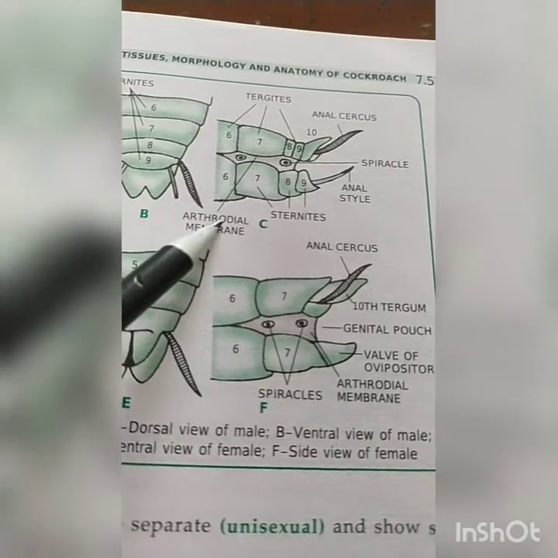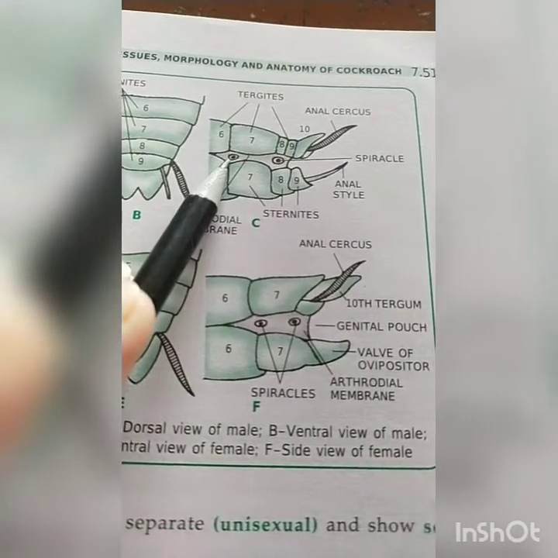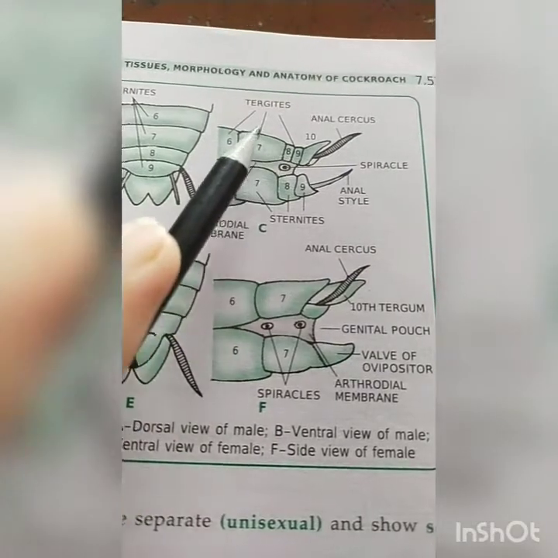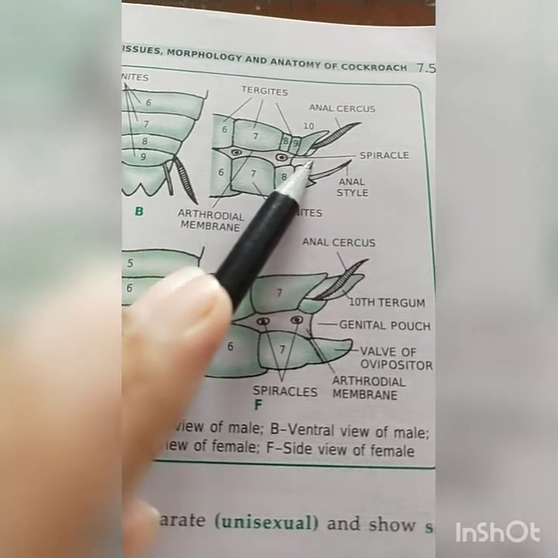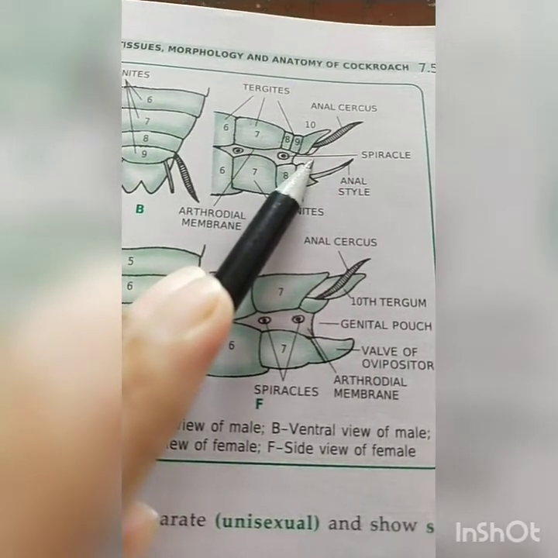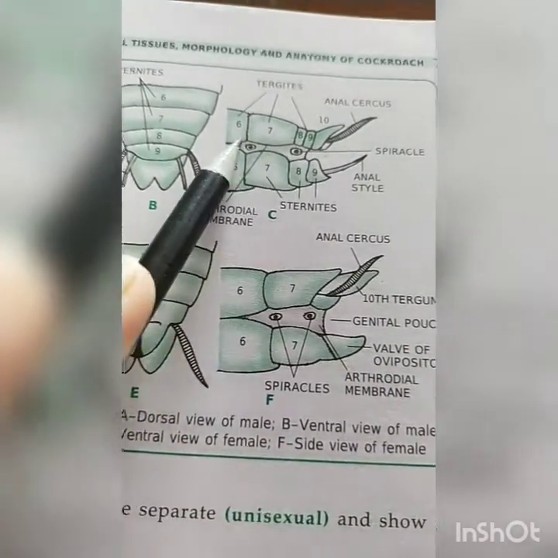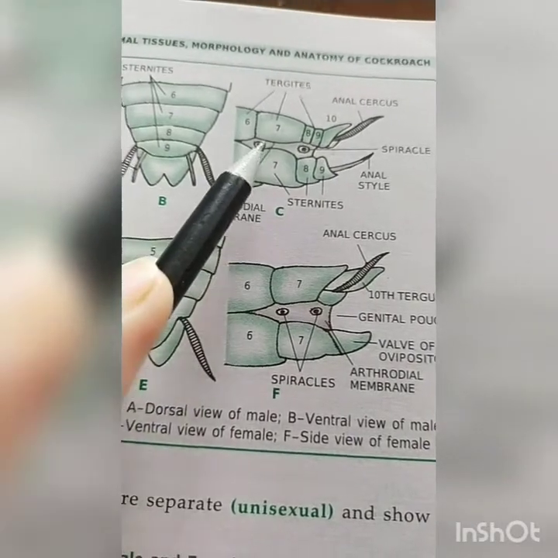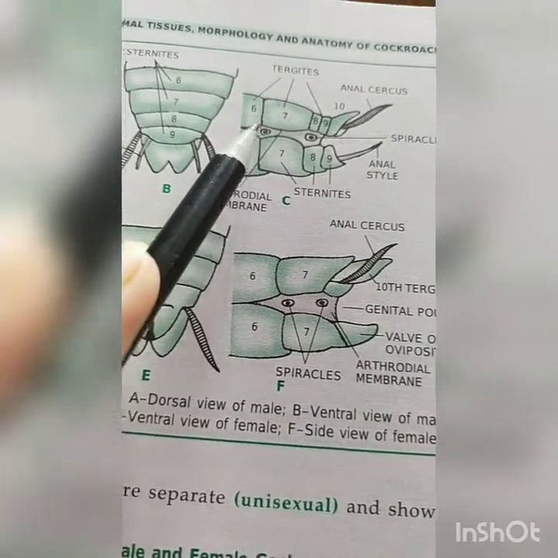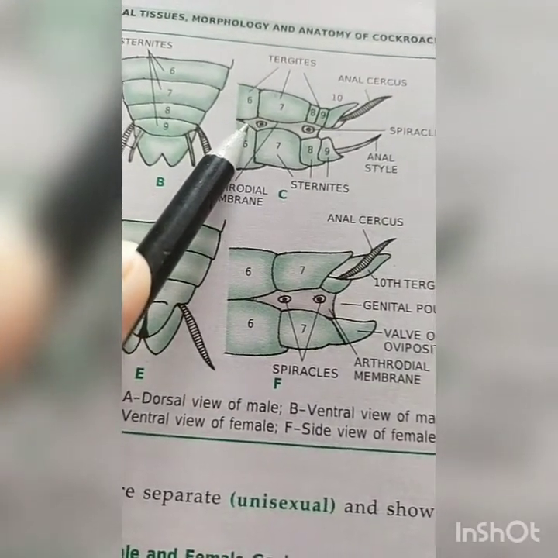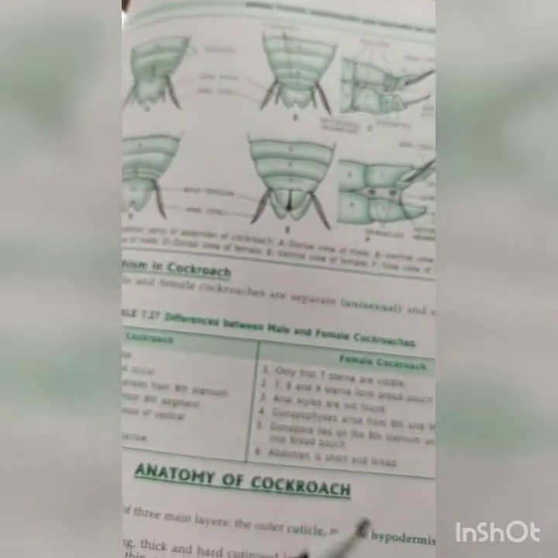Now here you can see how they are bifurcated. Bifurcated means how they are separated. The 6th, 7th, 8th are tergites. The 10th one contains the anal cerci. The spiracles are also present between the 6th to 9th. If I ask the question, through which segment are you going to see the bifurcation, the answer will be: from the 6th segment of the abdomen we are going to see the bifurcation. This is just the magnified structure of the cockroach.